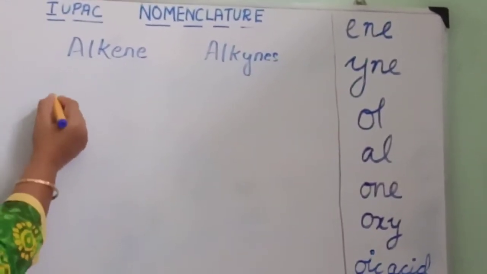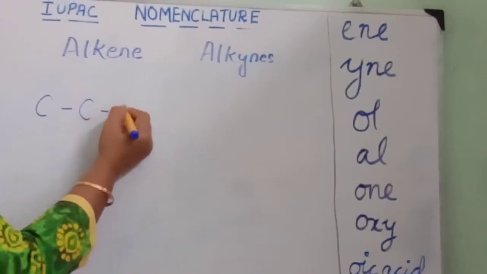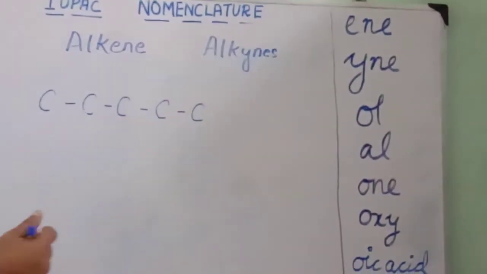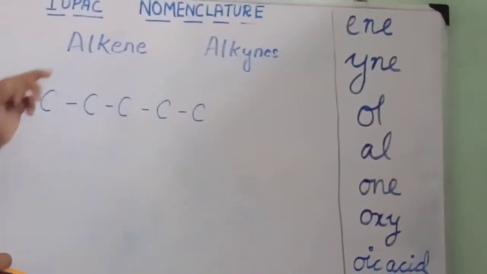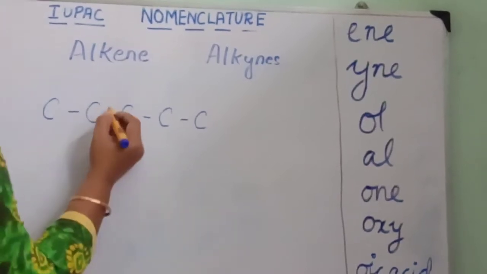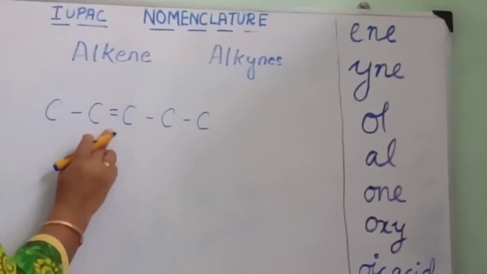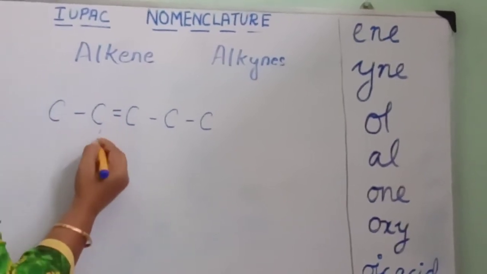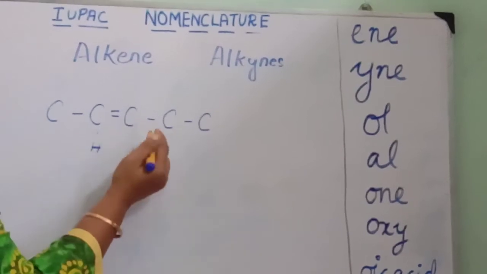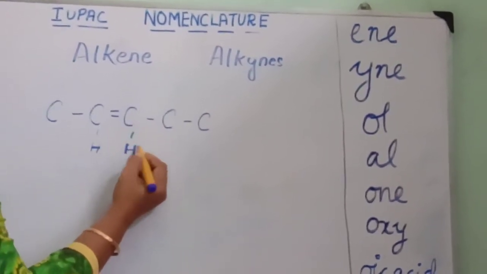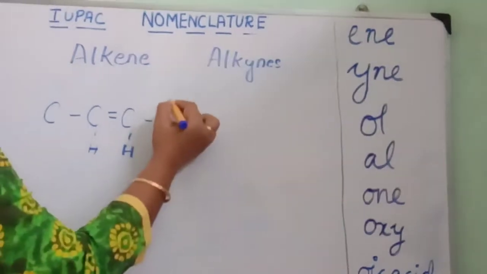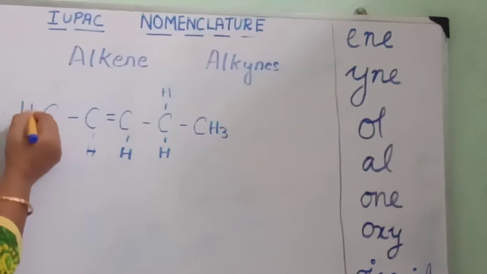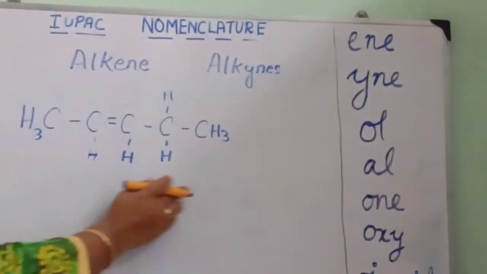Let us take a structure of a carbon chain. I am only drawing the carbon chain, which means that hydrogen is bound to it. Now let me convert this into an alkene. So let me make a double bond here. If there is a double bond, this carbon has 1 and 2 as valency, here 3, so it will have 1 hydrogen, and this carbon will also have 1 hydrogen. The other carbons will have 2 hydrogens, this will have 3 hydrogens, and this will have 3 hydrogens. So now the valency is satisfied.